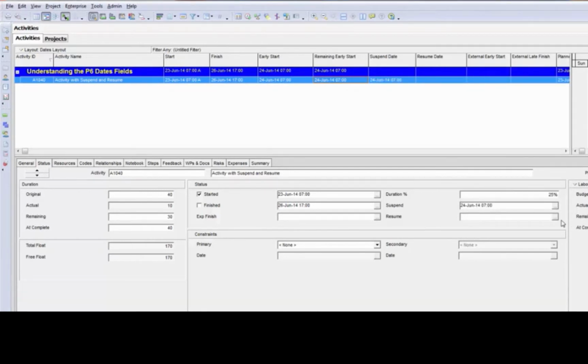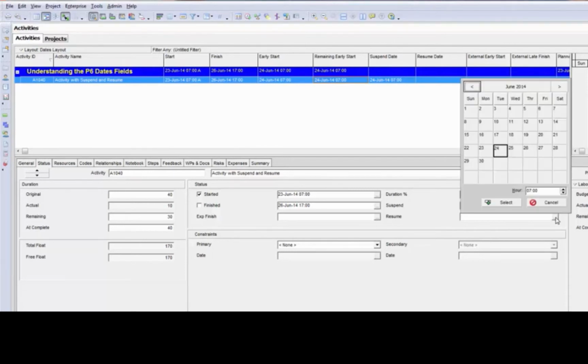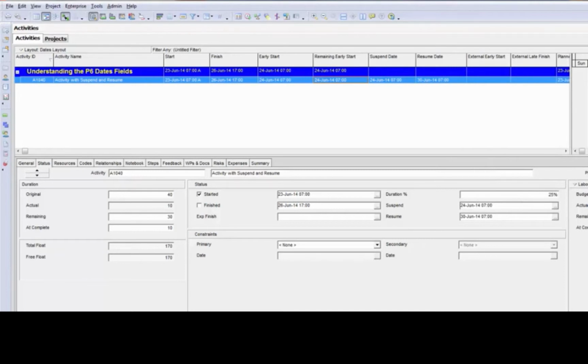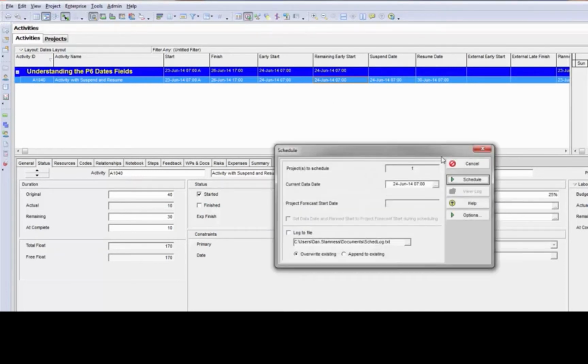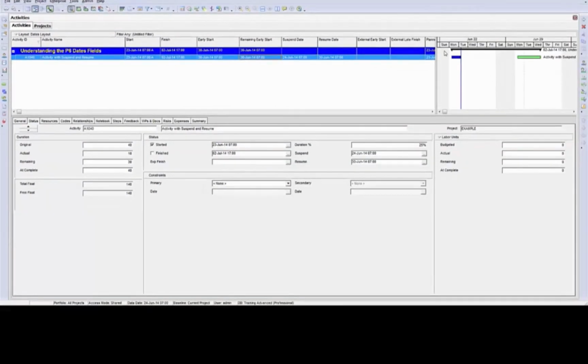data date. Now I can tell it when I want the work to resume or when I expect the work to resume, and I can set this date here. I'll move that out to the 30th. Now to see the results, I have to schedule again. Now you will see a gap in between when the activity last stopped its progress versus when it's expected to